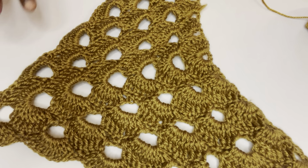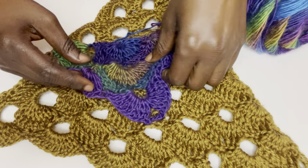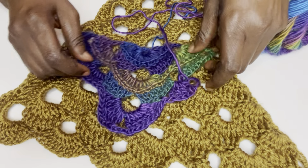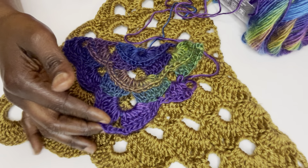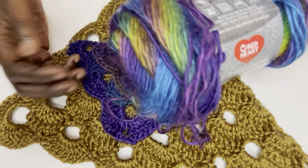I'm going to be working with some of the more colored yarns. I started working on one using Unforgettable yarn, but I think the yarn itself makes it hard to create a ribbing that you don't have to block. This here was what I had started working on previously. This is the back of the Unforgettable yarn. I love the colors, don't you? So that's what the front looks like, but I found it was a little difficult to work with. So I'm thinking I might use a bigger hook and work a bigger portion of it to see how it turns out. But yeah, Unforgettable is a Red Heart brand, and these are available in most of the yarn stores,